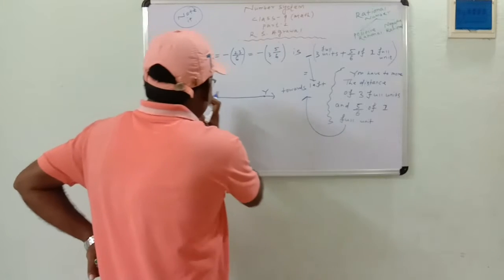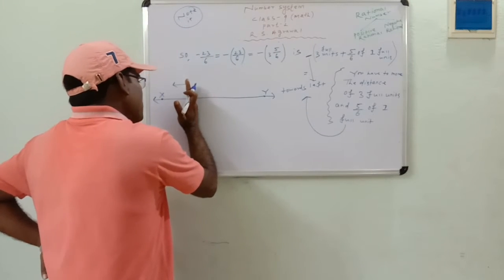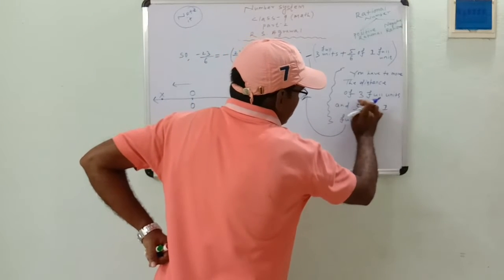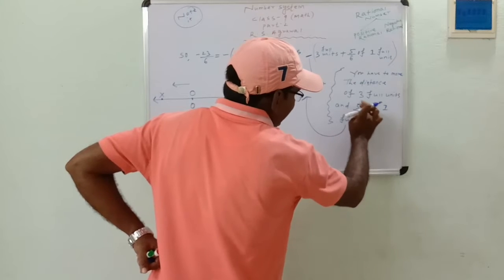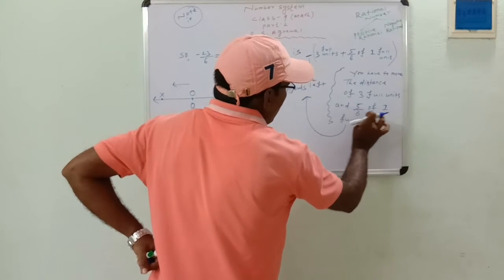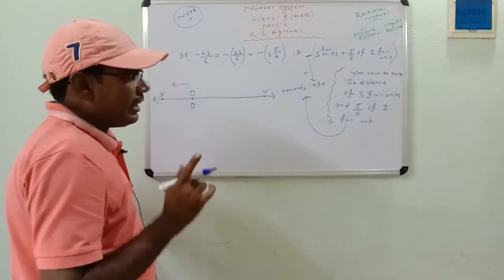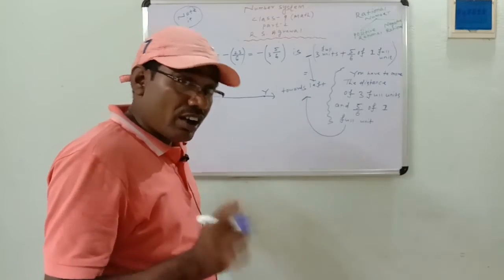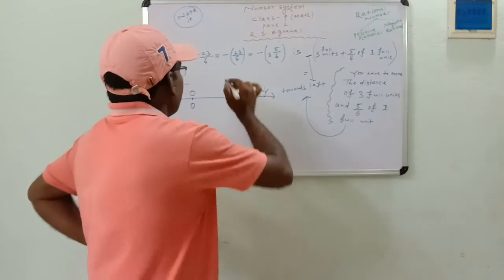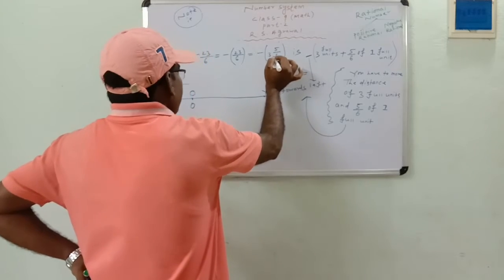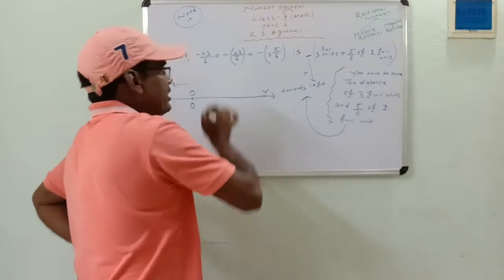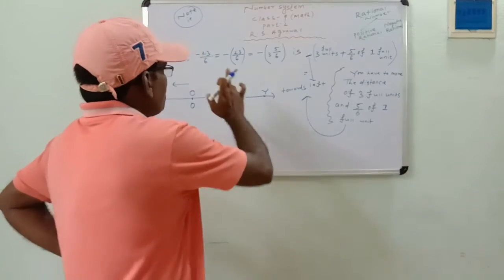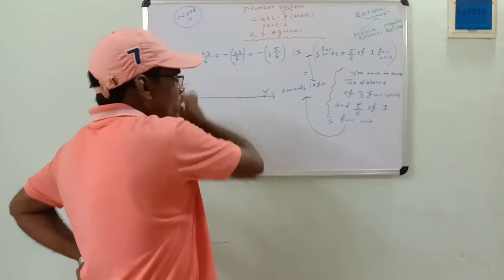It means from 0 you have to move towards the left 3 full units and extra 5/6 of 1 full unit. Then the point at which you will reach at last will represent -3 full 5/6 or -23/6. It is the procedure to represent a negative rational number on the number line.